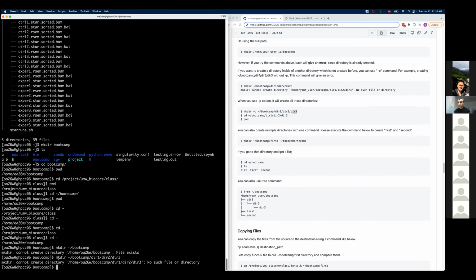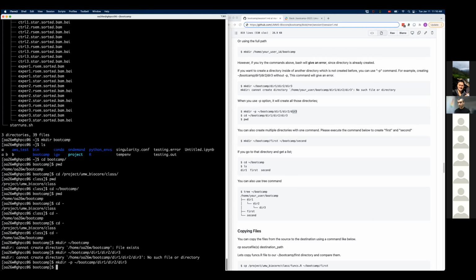Since I just ran this, instead of trying to copy-paste or type the same thing again, I use the up arrow, left arrow, go all the way here, -p, and don't forget to leave a space, and enter.